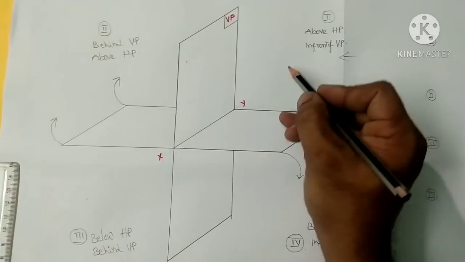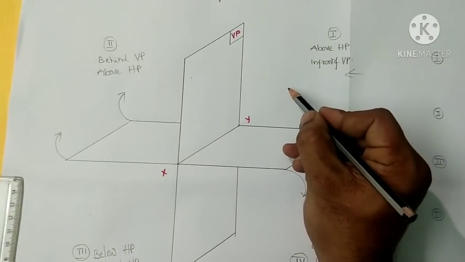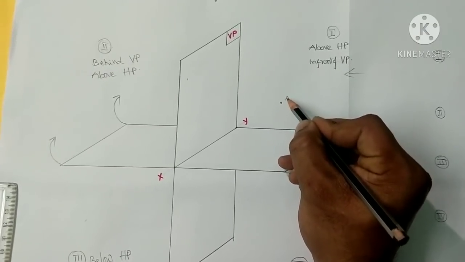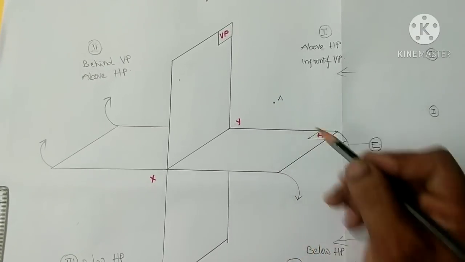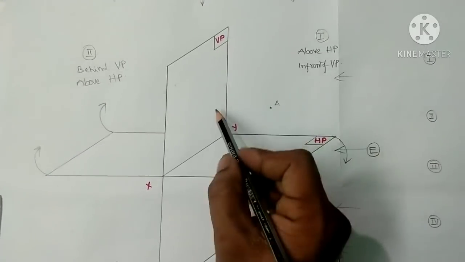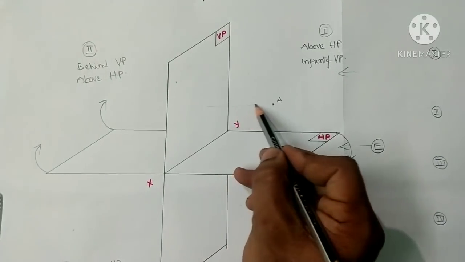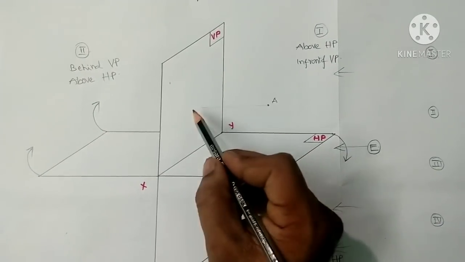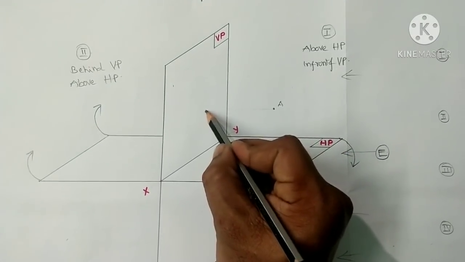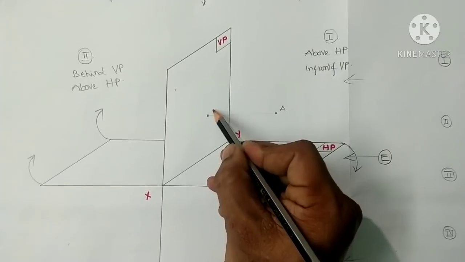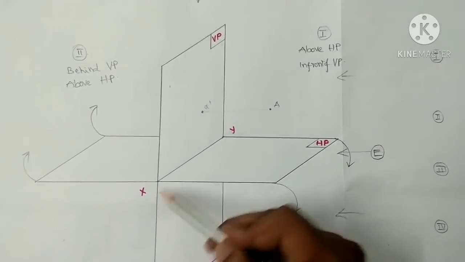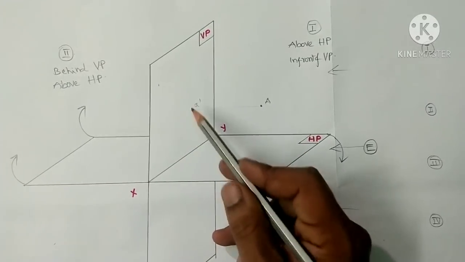Here suppose the point is situated in the first quadrant. I can say here that is point A. The actual point is denoted by capital letter A, and we can see the front view in this direction. That time this will be projected onto the vertical plane. The projector must be perpendicular to the principal plane, and here point A is projected onto the vertical plane. Front view naming is a small letter with a dash.